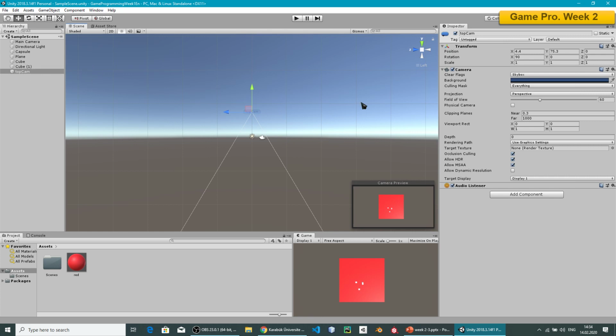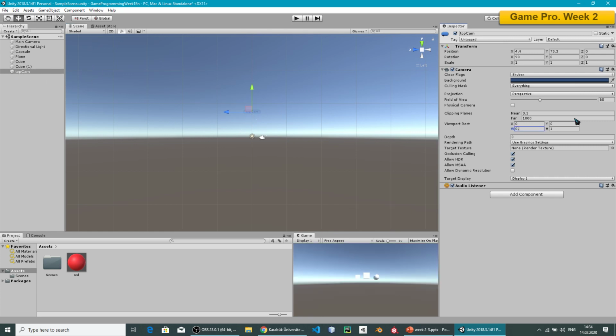Simply for the new camera, I can set this viewport 0.5 and look at this game view. And this is my new camera view and that is the old camera. And then if I make it height 0.5, that will make half width and half height camera. So if I move it in the x, 1 means the total, this size is 1. If I make it 0.5, it will move my camera